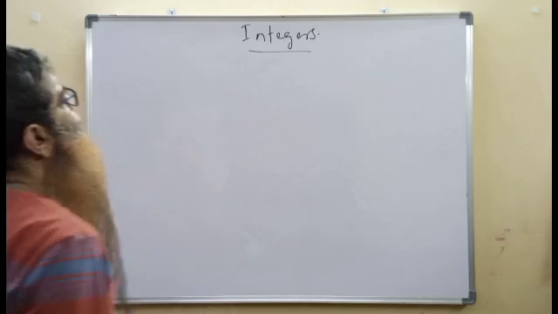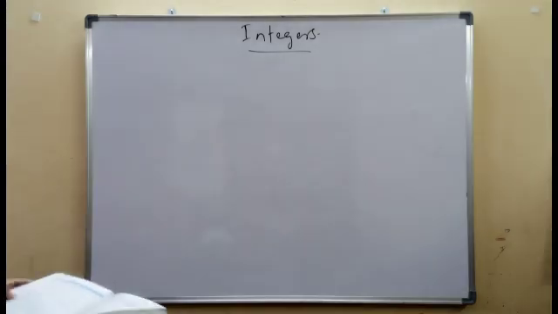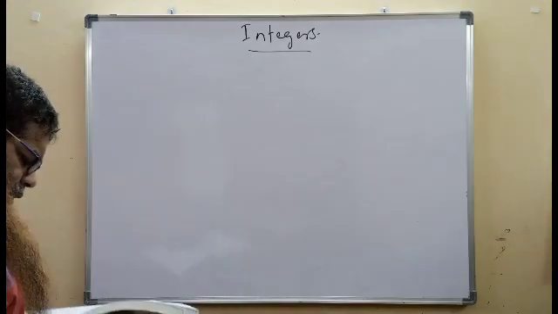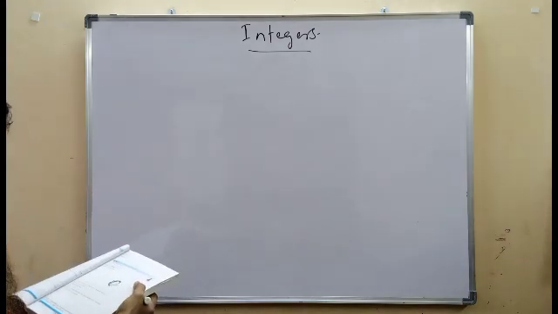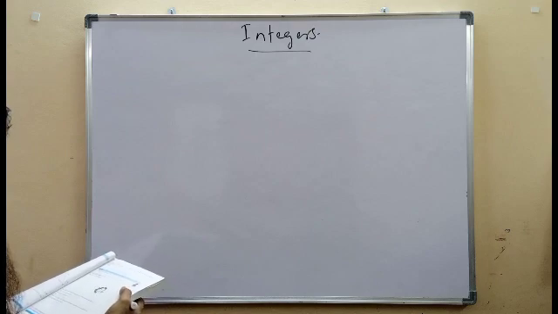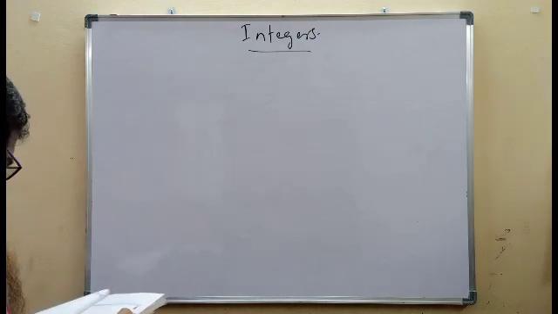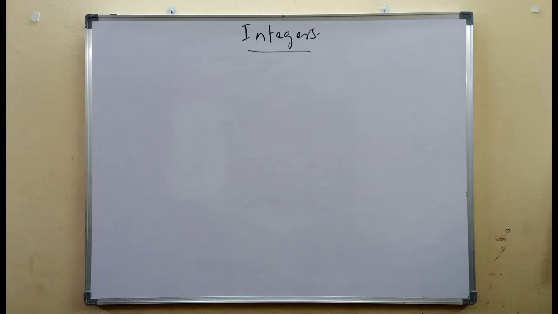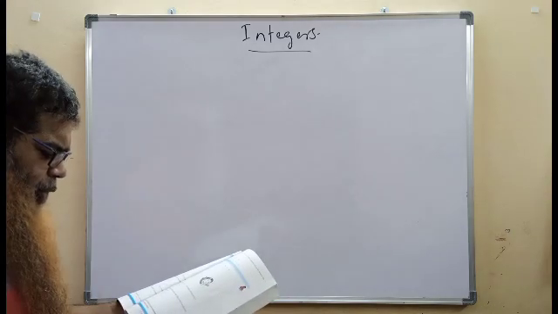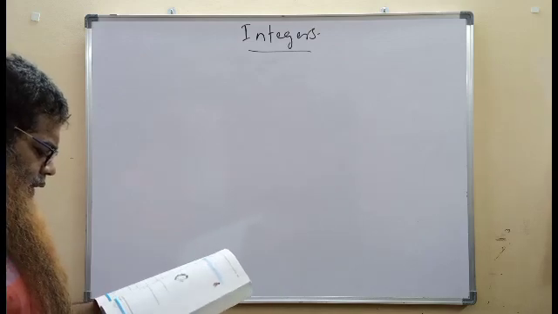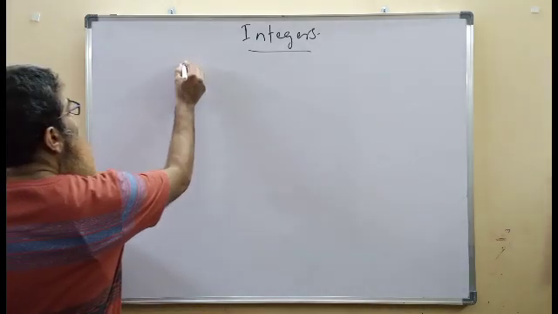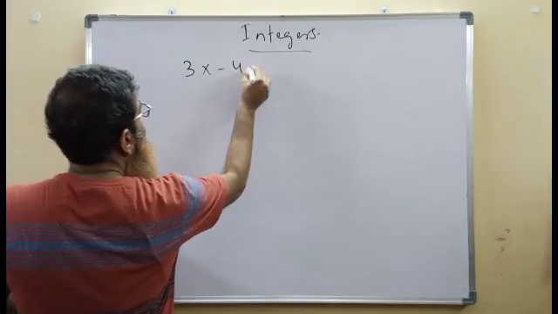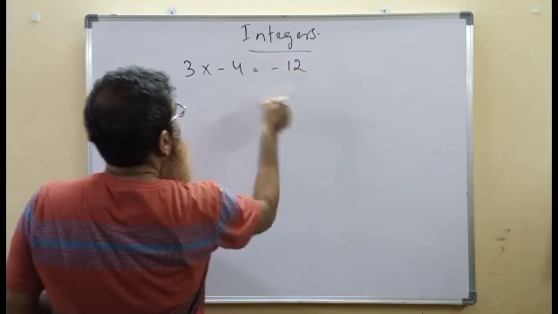Mathematics. Chapter 1, Integers. Looking back at the topics we have learned before beginning Exercise 4, page number 7. In bold, it is written below in the last part of the page of the textbook. From the above examples, you would have noticed that the product of a positive integer and a negative integer is always a negative integer.